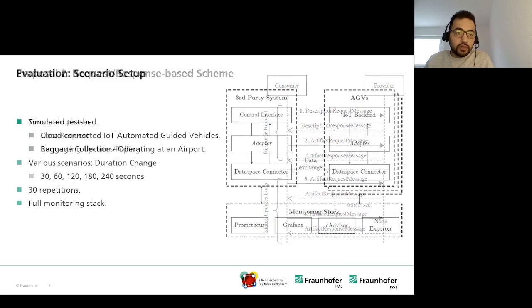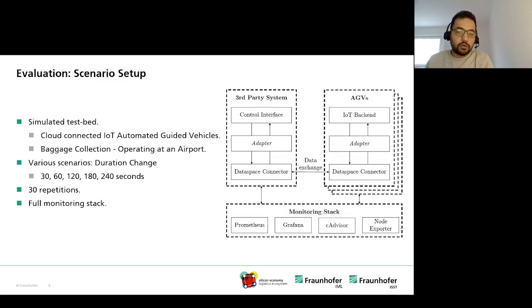So to evaluate this approach, we developed a simulated test bed containing cloud-connected IoT automated guided vehicles, or AGVs for short, and a third-party system, in this case a control center. This scenario simulates airport baggage collection robots.